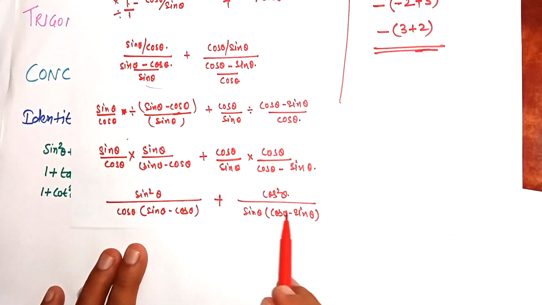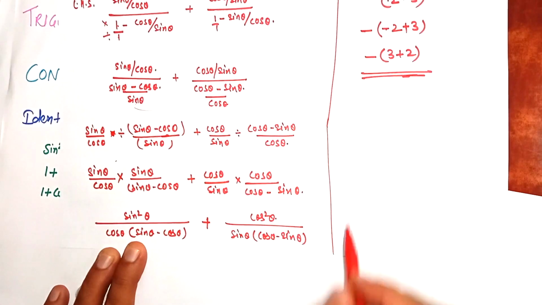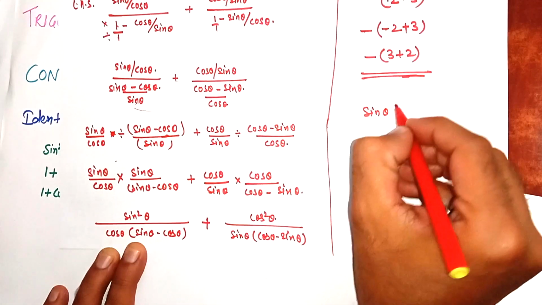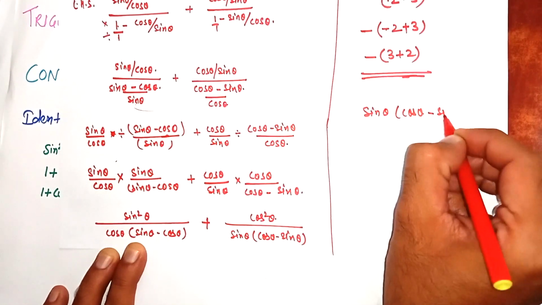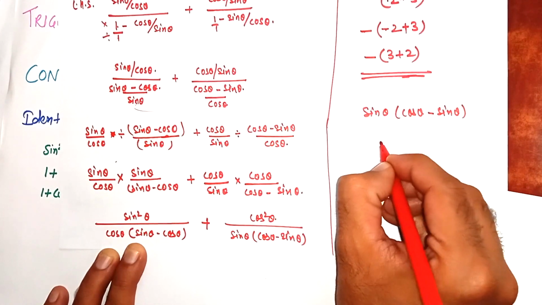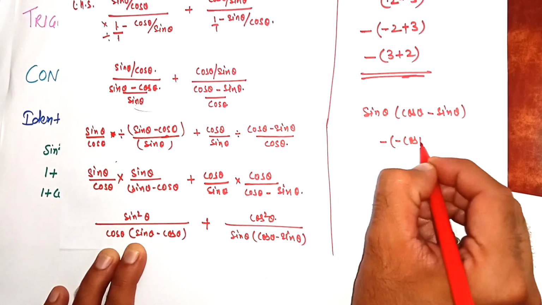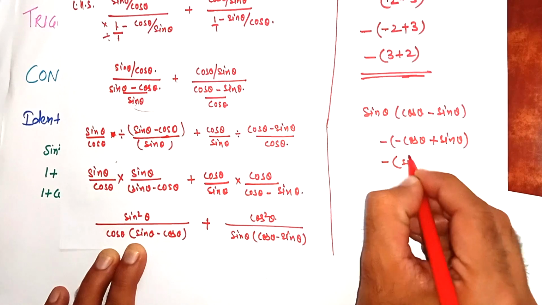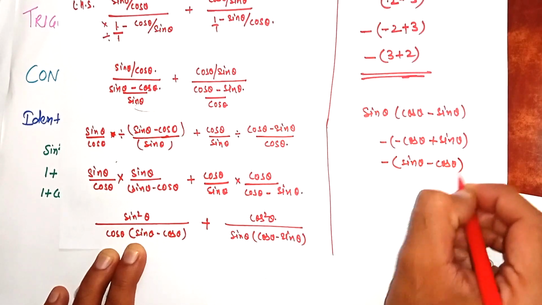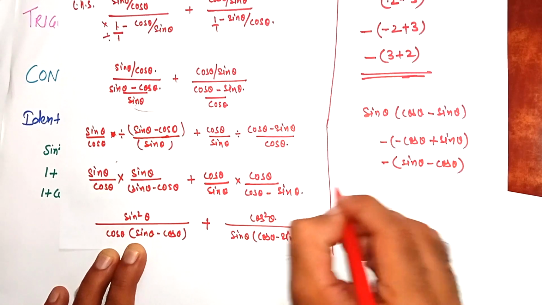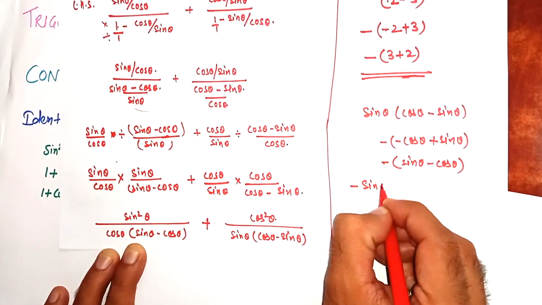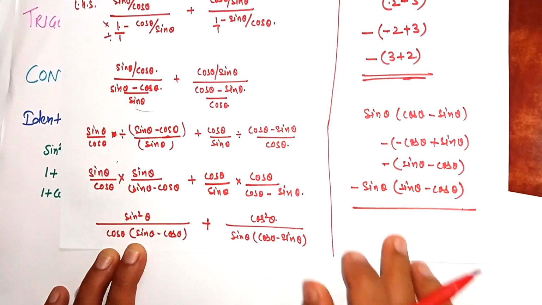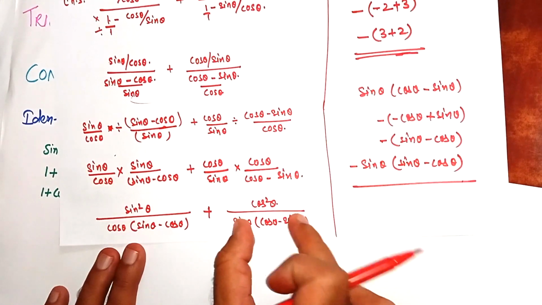I hope you got this, how we are taking a negative sign common. So if I take a negative sign common in this, I'm explaining it to you. See, sin theta is here, and this is cos theta minus sin theta. If we take a negative sign common here, it will become minus of sin theta minus cos theta, or putting the negative sign in front, it will become minus sin theta over sin theta minus cos theta. See, now we'll apply this in here.